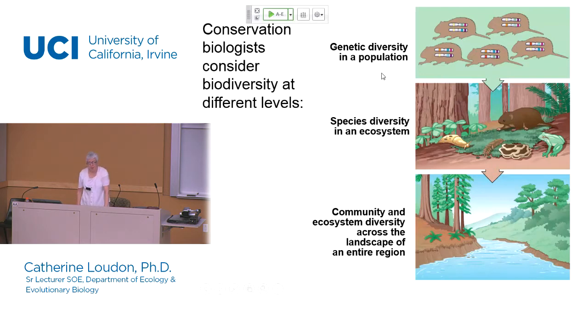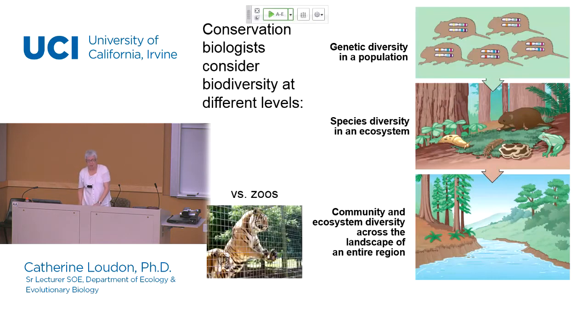And in addition, conservation biologists are interested in maintaining species diversity, which usually requires then protection of the habitats, because it is within the habitats that the species can all then coexist together. And maintenance and protection of a habitat then naturally includes the different members of a complex community, the plants, the animals, the fungi, and the microbes, and so on. So all of these things are considered by conservation biologists, and of course this is in contrast to something like a